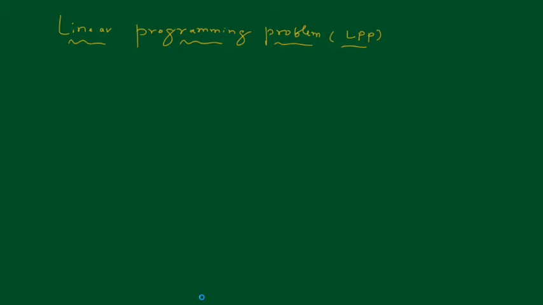In today's lecture, we are going to study a new chapter, that is linear programming problem. In the last class, we completed 3D geometry, and now we are moving towards the next chapter, that is LPP. It is nothing but linear programming problem. Here, linear means which has degree 1, as you already know. An equation whose highest power is 1 is linear, whereas, for example,